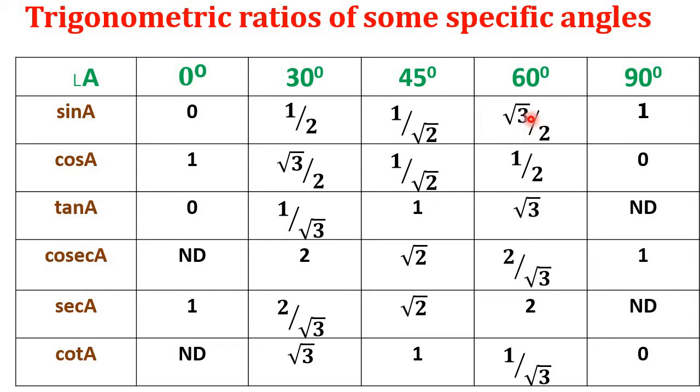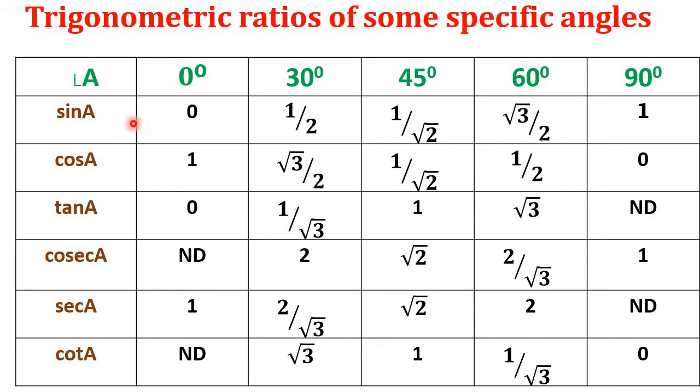Next, here also we can cancel, because tan of the angle A is nothing but sin of the angle A divided by cos of the angle A. So tan theta is nothing but sin theta by cos theta. We can take the ratio of these two trigonometric ratios. So that's why it becomes sin theta divided by cos theta. We can cancel denominator 2 and 2. It becomes root 3 by 1, that is equal to root 3. Here also we can take 1 by 0. That 1 by 0 cannot be defined. That's why it becomes not defined. ND shows not defined. 1 by 0 cannot be defined.